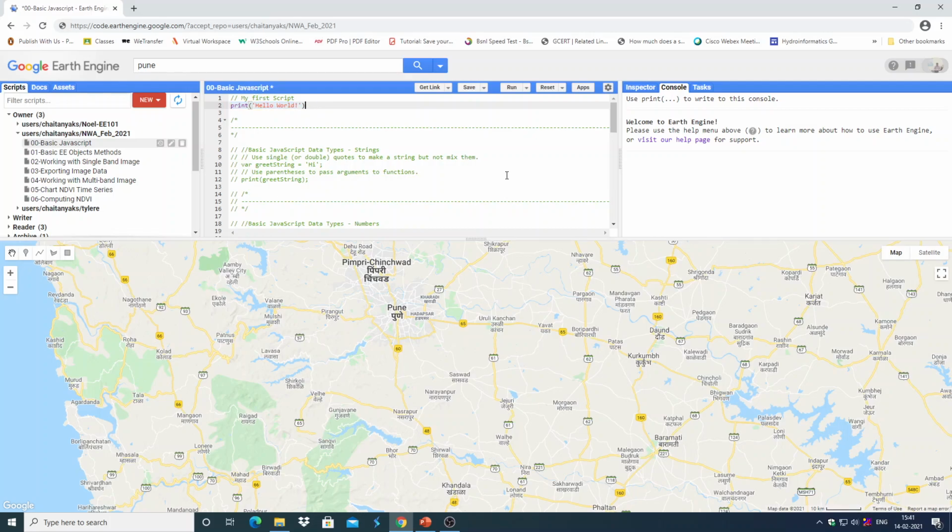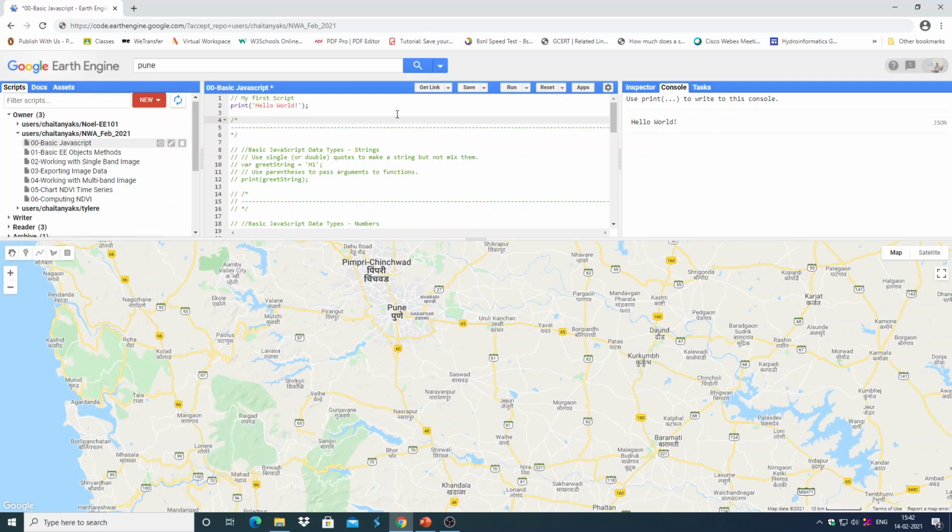If you don't put a semicolon, the code editor will warn you that the semicolon is missing. The script will, however, run. It will not show any error. However, it will show this warning. So it is always better to put a semicolon after every statement in JavaScript. So let us run it. Hello world gets printed in the console.